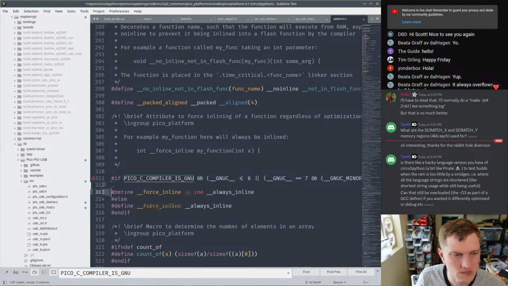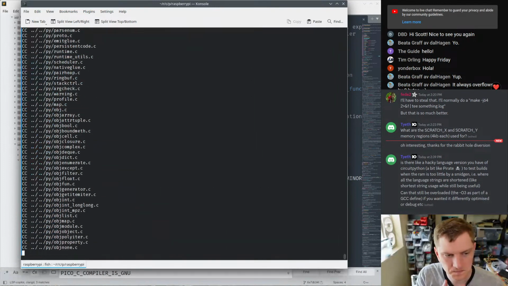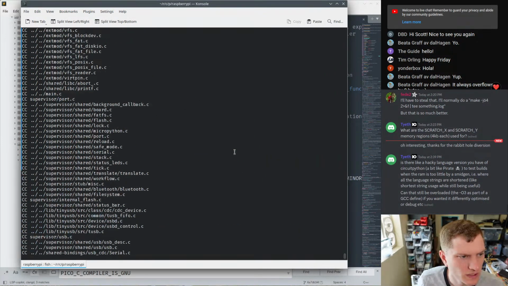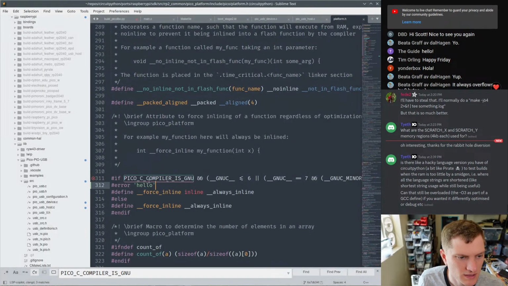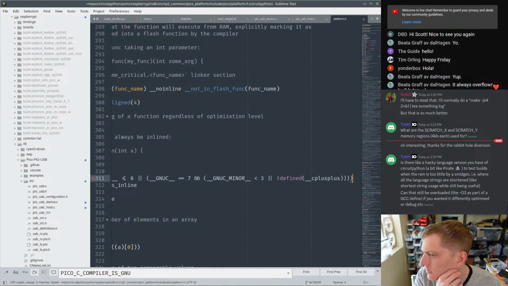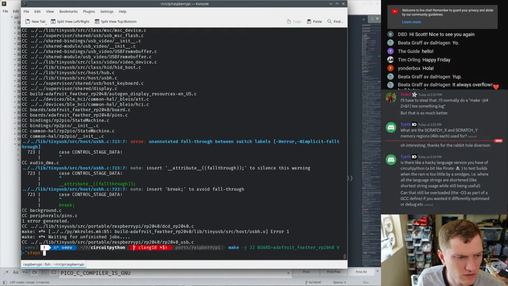One way to check things is you can just say error. Hello. Are we getting here or not getting here? We shouldn't get there. Oh, we didn't get there. We fixed other things. That is weird. Can that still be overloaded? The O3 is part of the define if you want a differently optimized debug. I'm not sure. I don't think so. I think it will